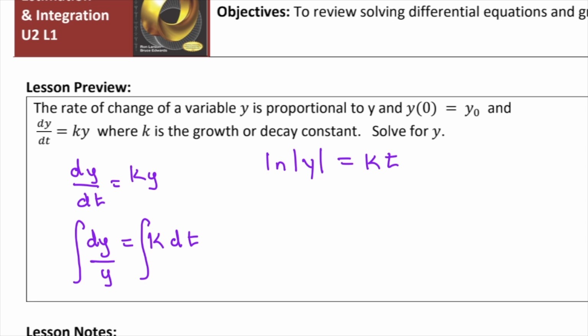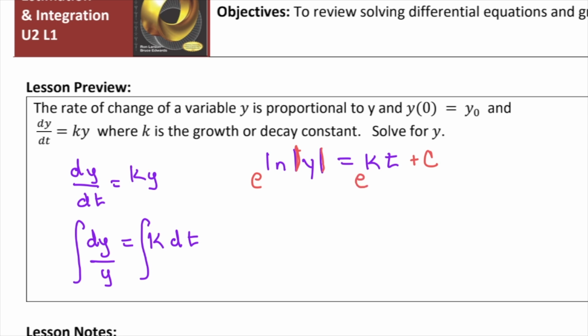Once you separated your variables, you should have found that the natural log of the absolute value of y was equal to kt. Now, you need a plus c on your problem. From here, we're about ready to solve for y. We're going to